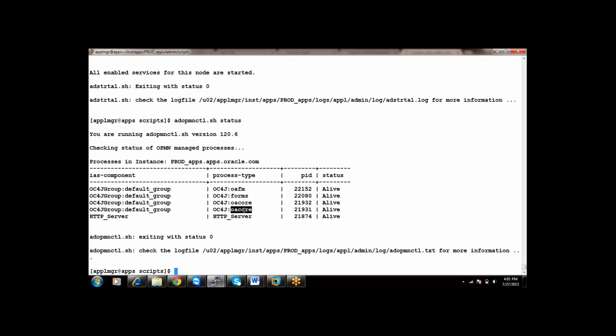Now when we start applications, they look into the configuration files for the total number of JVMs defined for OA core. It checked the updated value of 2 and started the 2 OA cores, for 2 JVMs for OA core. Is it clear?